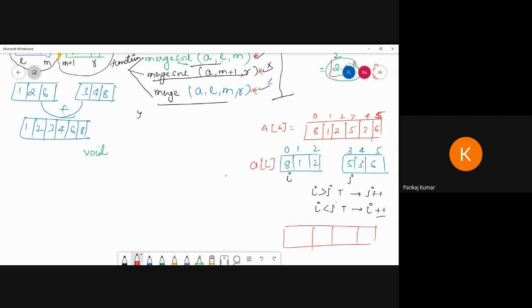Suppose I am taking L and this is the array I am taking M. So we have to perform. I have to take this new array, a temporary array, and we have to copy this array into this place. Meaning, the two arrays that I have divided, you have to save them in a temporary array, and after that you have to merge.